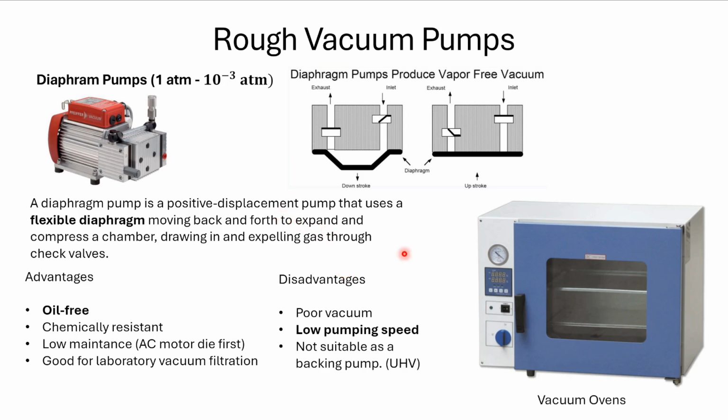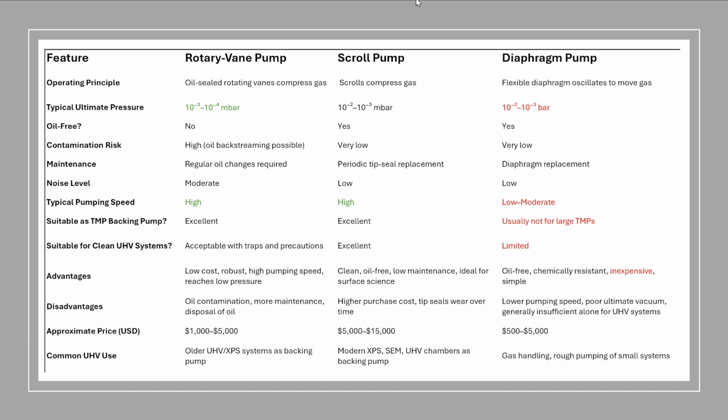But they are very useful for the vacuum ovens. In vacuum ovens, we generally keep some dangerous chemicals inside it. For instance, if you have very volatile organic compounds or some compounds that include acids or bases, then you can use this pump. So if you compare the three pumps, Rotary-Vane pump, scroll pump, and diaphragm pump,